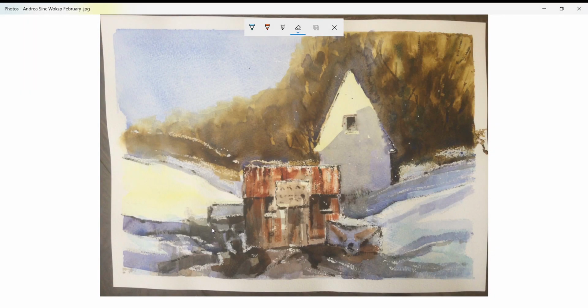Okay, we're looking at Andrea's workshop piece here, and my immediate thought was maybe there is not enough in this area here. You just pick up a pen for a moment and show you. So if you look at that area of snow there, it's a bit barren, but I think that actually it works quite well the more I look at it, because I very much like this line through here and the shape that we've formed between that and the